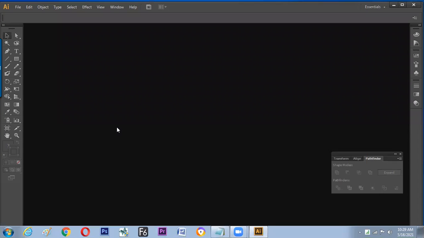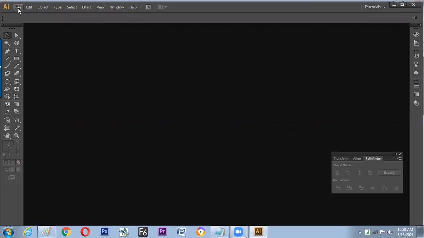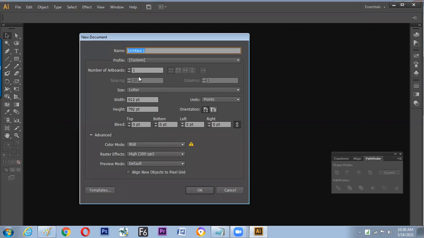Fine. As per the talk we have done on how to note that, from that point I'm proceeding further. So the topic was how to take a new file. And we have seen a new document window, where it is asking a few questions that we need to fulfill. It is called a new document because on a single file we'll be creating multiple files. That's why it is called new document. So 1, 2, 3, 4 can go for multiple files in a single document.